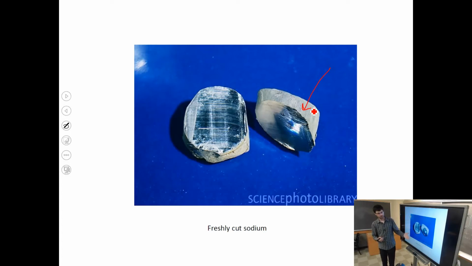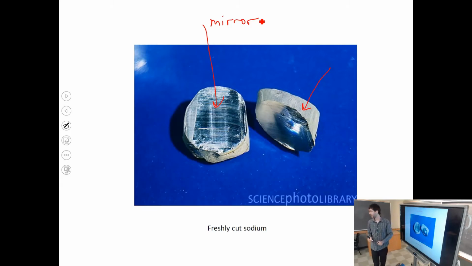But when sodium has just been cut, so this is a cut, this surface looks like a mirror for a few moments, for a few minutes, for an hour. It looks like a mirror, and then it becomes opaque. So surface properties, properties of just the first few layers of atoms, influence how a metal looks in the end. So it can be shiny and reflecting, or it can be matte because of oxidation.